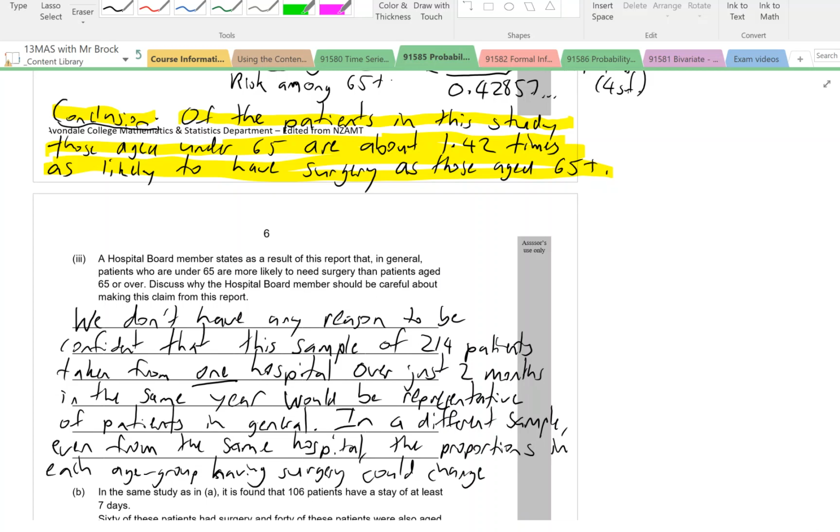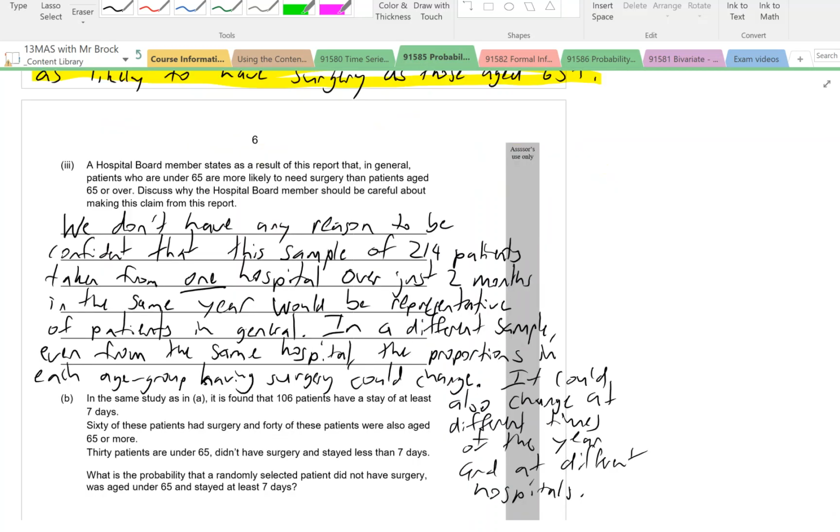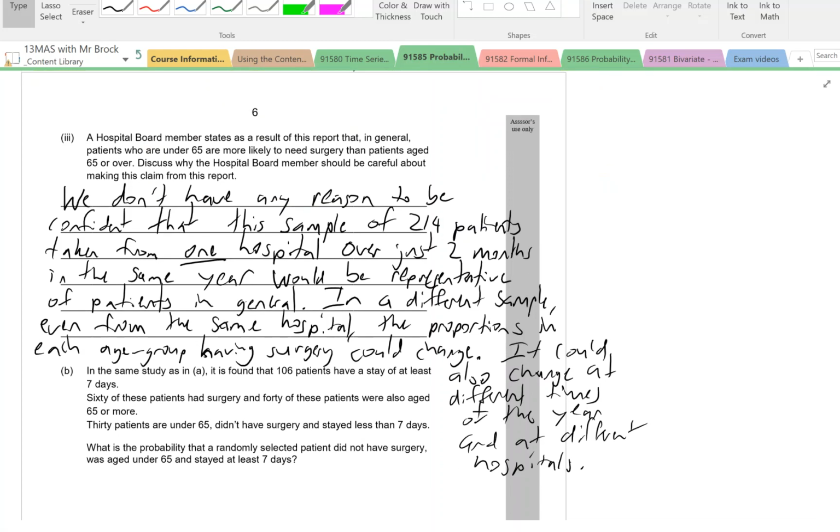It could also change at different times of the year and at different hospitals. Okay, so have a read of that. Now you actually only needed one of these points to get the full credit. Here I've put several. I've talked about time of year, which hospital it is, and also sample size, and also